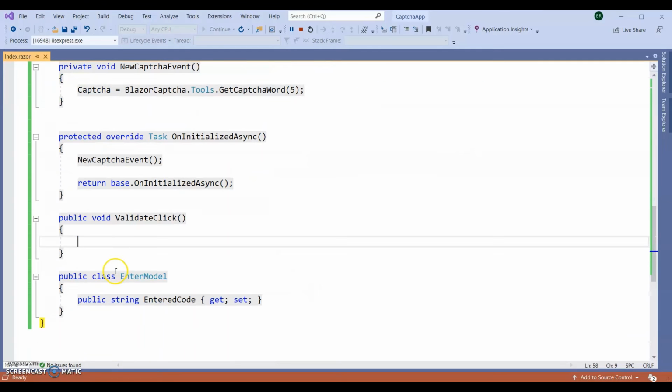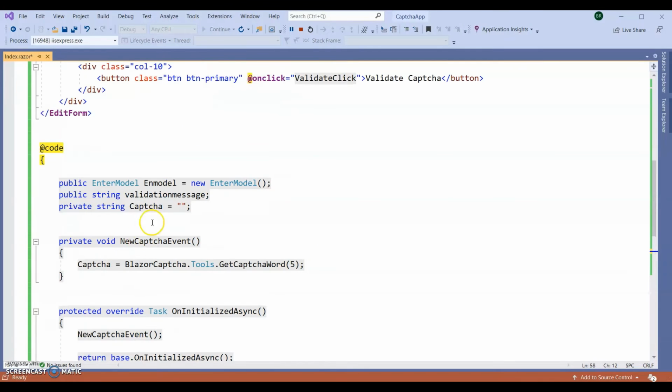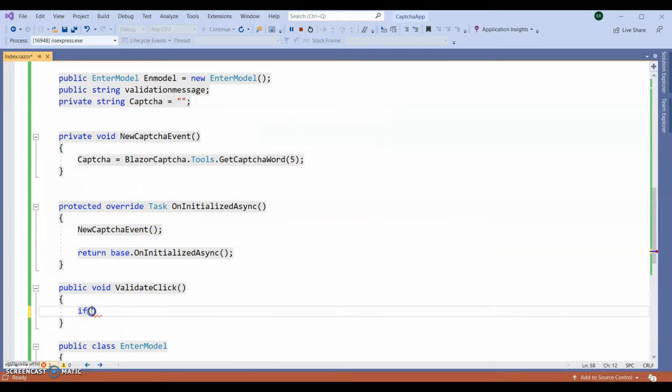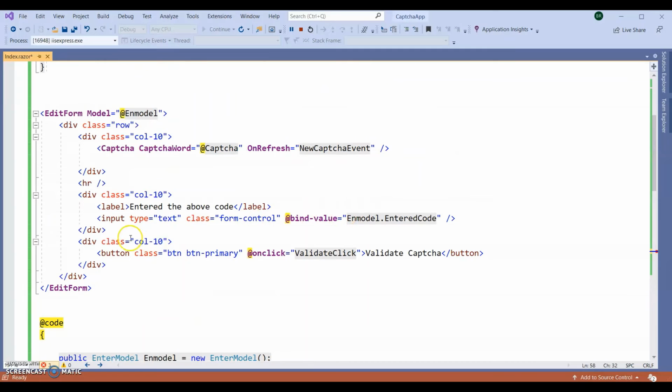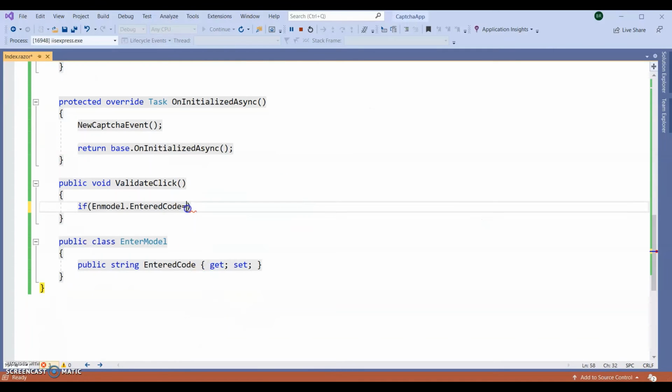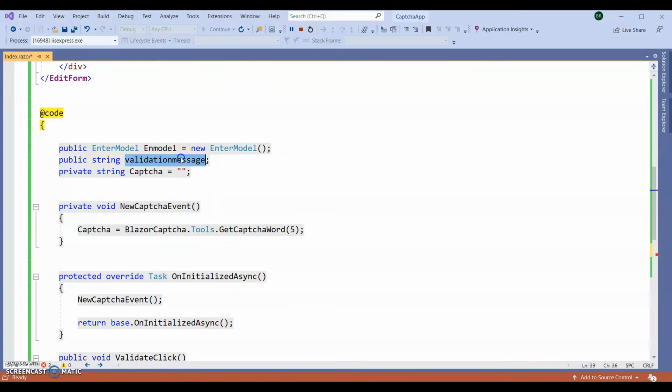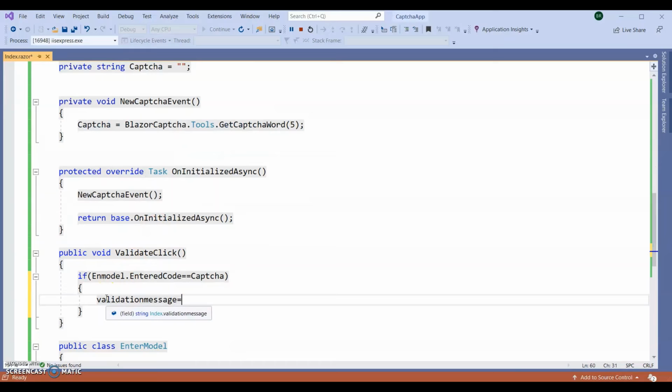So I'm going to write like this: if this enter model, through which I created this edit form, dot enter code, so this one, the enter code, this input text, equal to this CAPTCHA string, then it will print the validation message that it validated successfully.